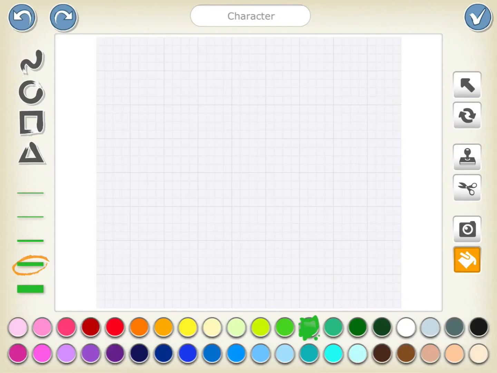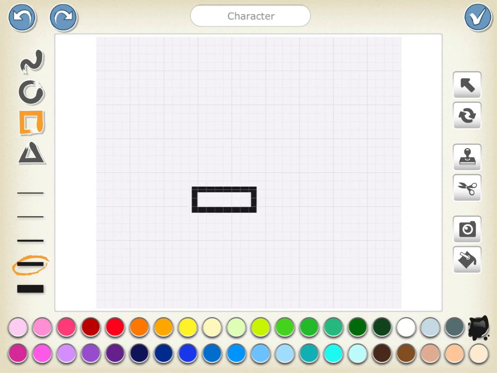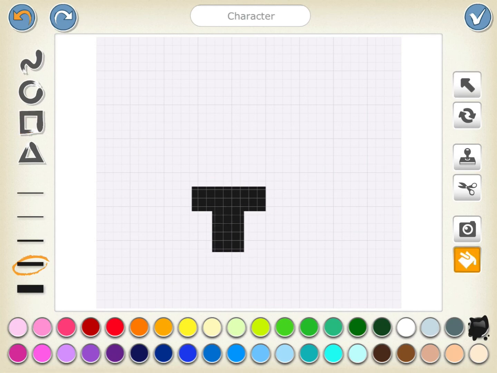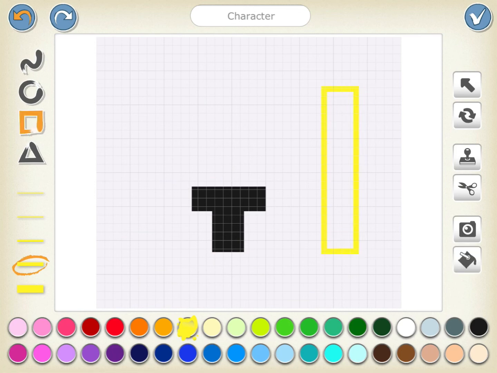Here, click the character plus button, and then we are going to make a horizontal rectangle and a vertical rectangle too. And then fill it with black color. So this is just the bottom part of the sword. Fill it with black. Then I'm going to make a rectangle over here too.